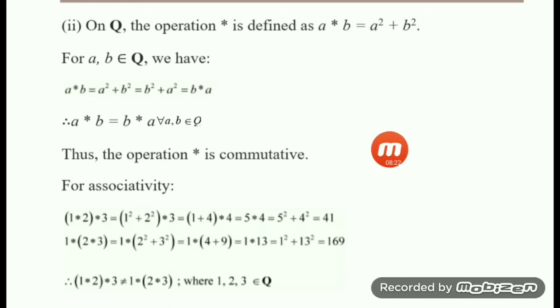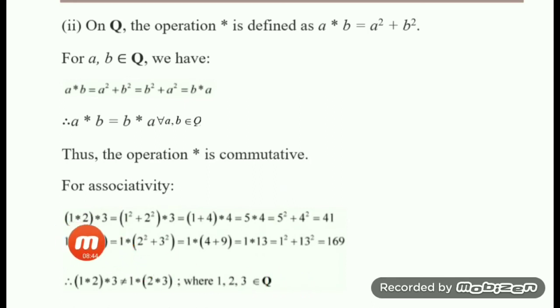If you want, you can verify. You can do it yourself. You can check yourself. By taking a, b, c, as I know it, so I am giving an example. For associativity, I have taken 1, 2, 3 rational. As I told you earlier, the calculation is easier if I take natural numbers, because all naturals are rationals. So I have taken 1, 2, 3 as any rational numbers.